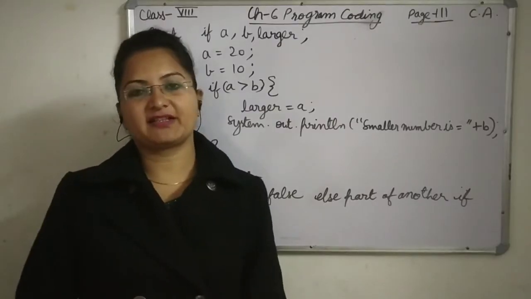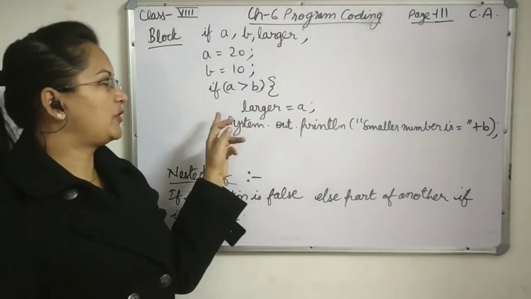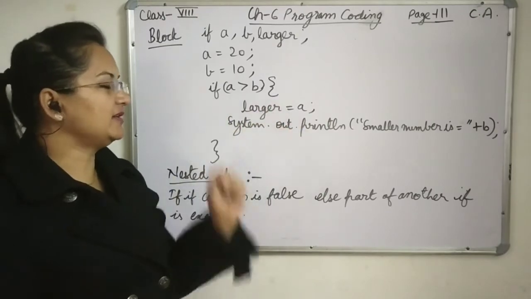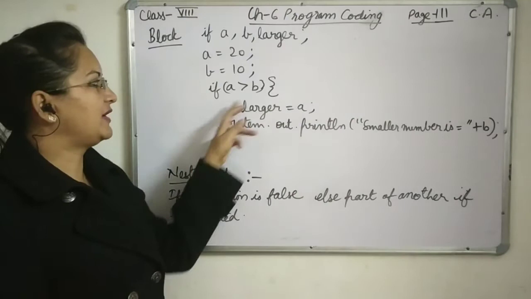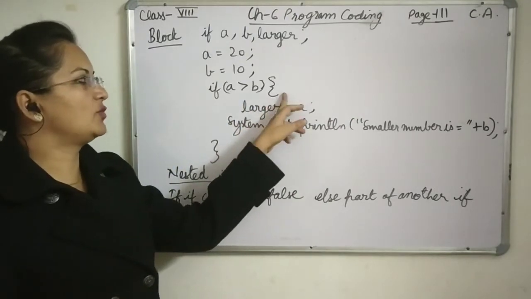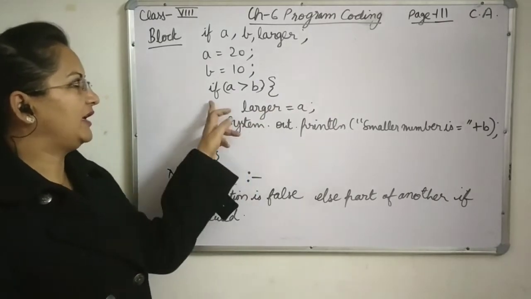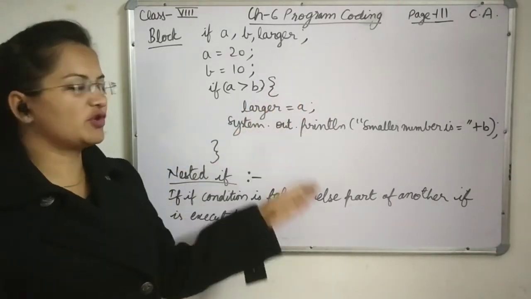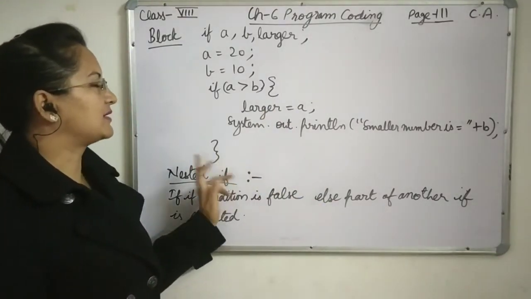Now students, we will discuss the block of statements. Just now I told you about if. In that, you might have seen there was only one line in the if or one line in the else. If you are writing multiple lines, then we can include those lines in curly brackets after the condition. If, then the condition, then a curly bracket, then write two or more statements, as many as you want, and after that close the curly bracket.